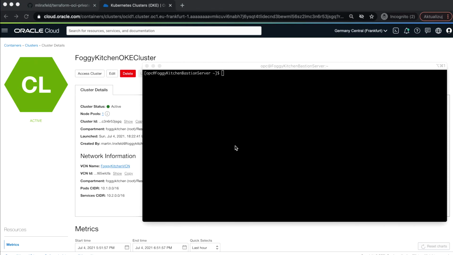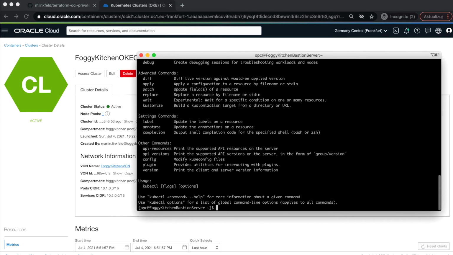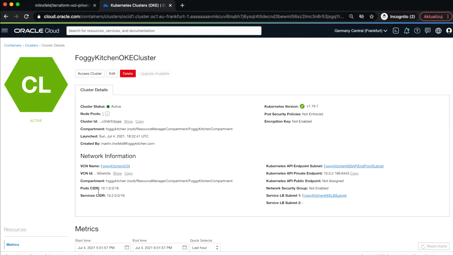Okay, before destroying all of the infrastructure, let me show you how I can access Kubernetes pods and nodes directly from the Bastion service. First of all, I'm here on my Bastion server. I'm already prepared here, meaning I have installed kubectl, right? I have also OCI CLI pre-installed, so let me go directly to